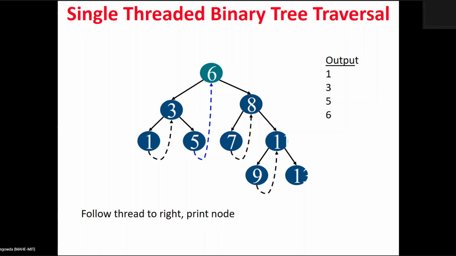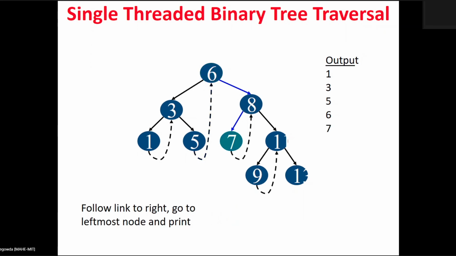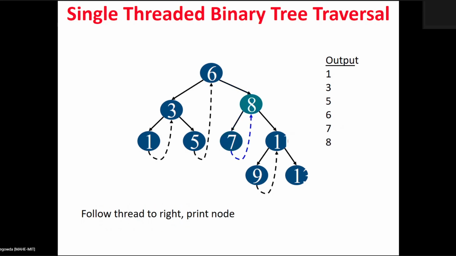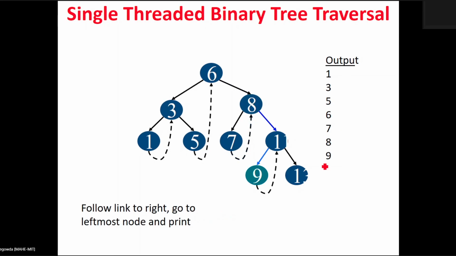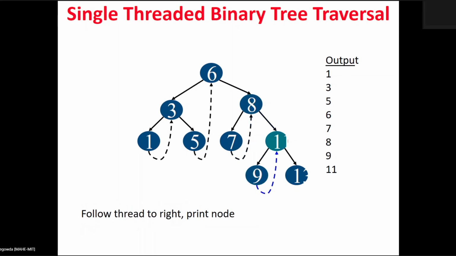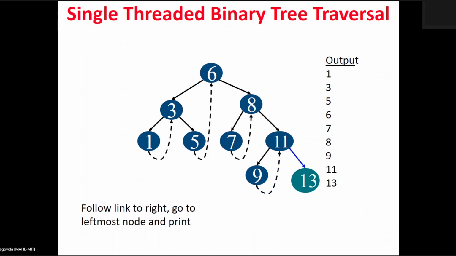Similarly, the right link of 6 is connected to 8, but since we are going to traverse in the in-order traversal method, we have to go to the extreme left node in the right subtree of this 6. So you are going to display the 6, then follow the right link, then 8 will be displayed. Again we are moving to the 9 now, so 9 is displayed, and follow the right link of the 1, so that 13 will be displayed.